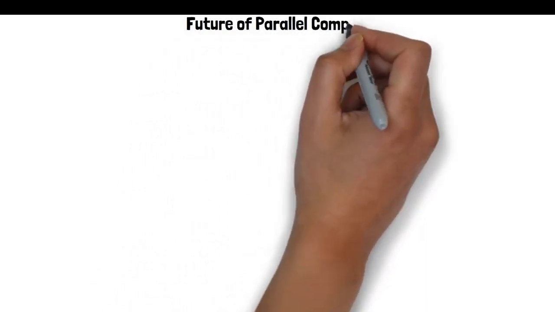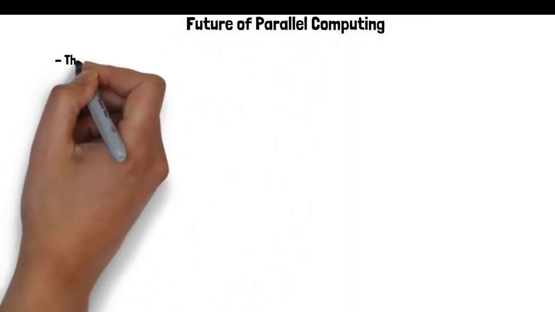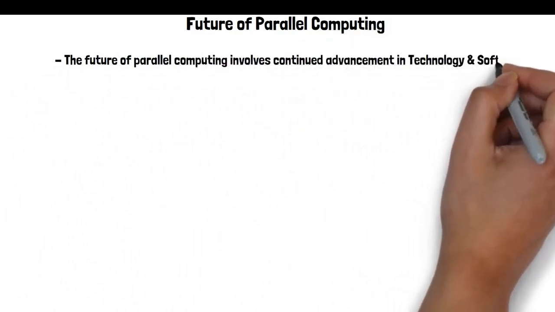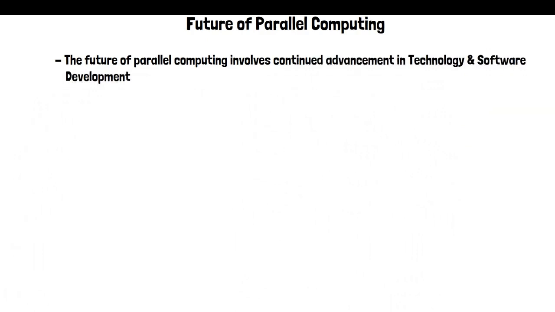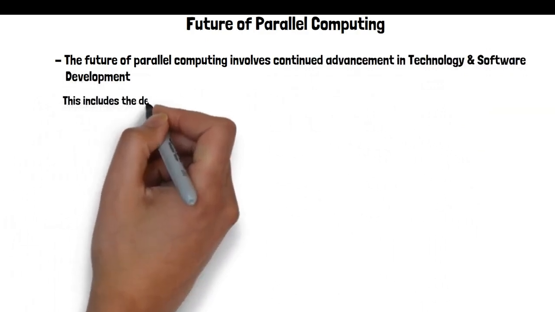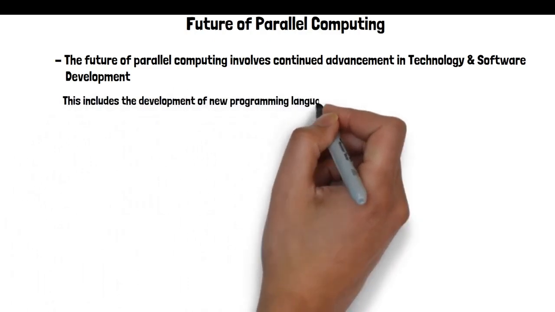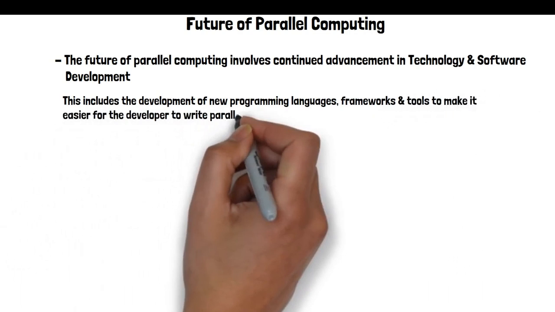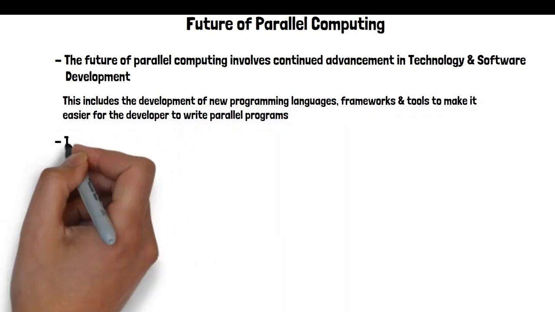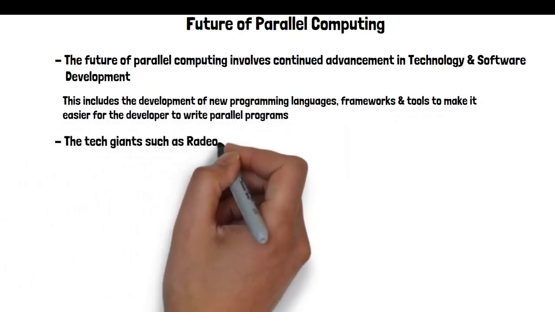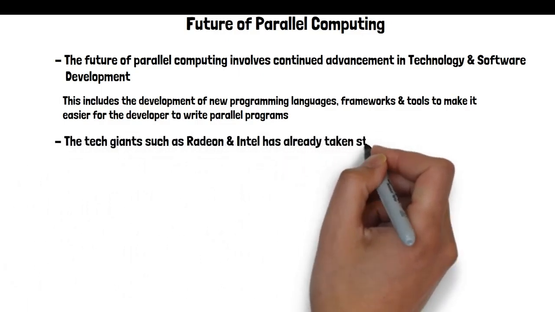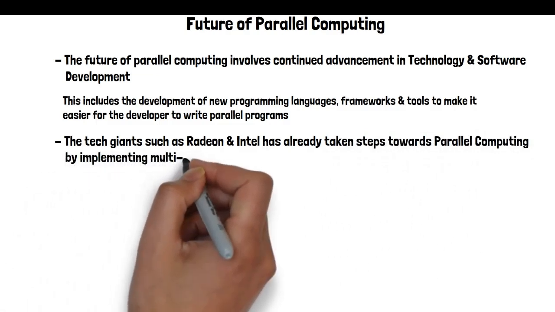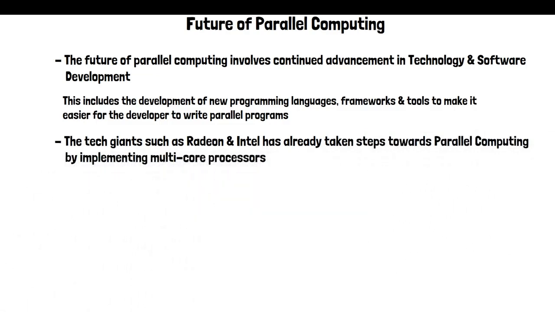Future of parallel computing. The future of parallel computing involves continued advancement in technology and software development. This includes the development of programming languages, frameworks, and tools to make it easier for developers to write parallel programs. Tech giants such as Radeon and Intel have already taken steps towards parallel computing by implementing multi-core processors. For the upcoming